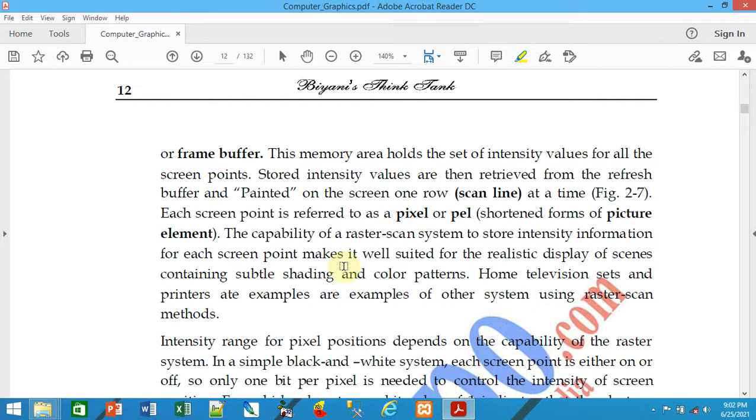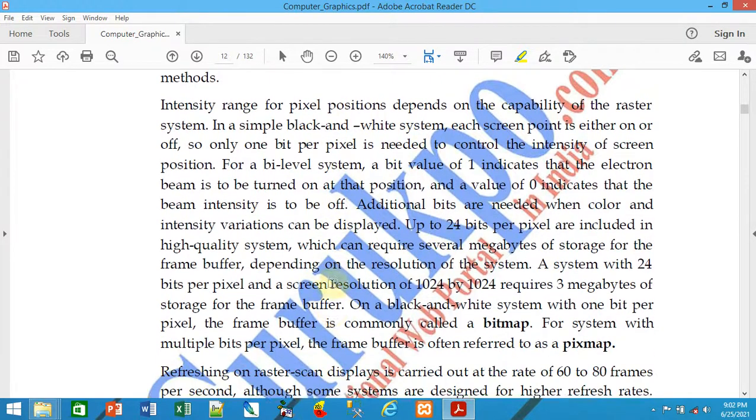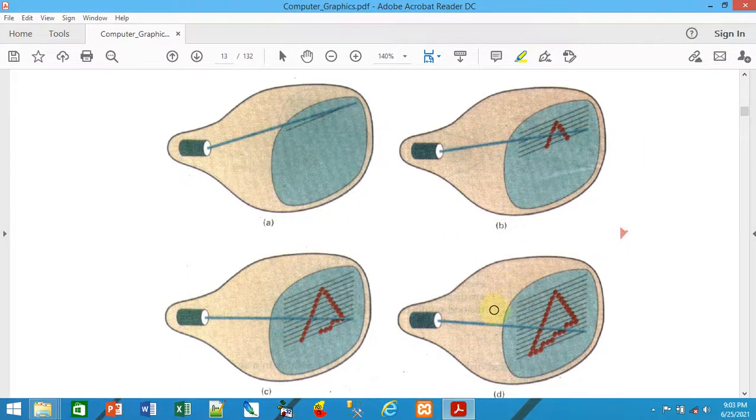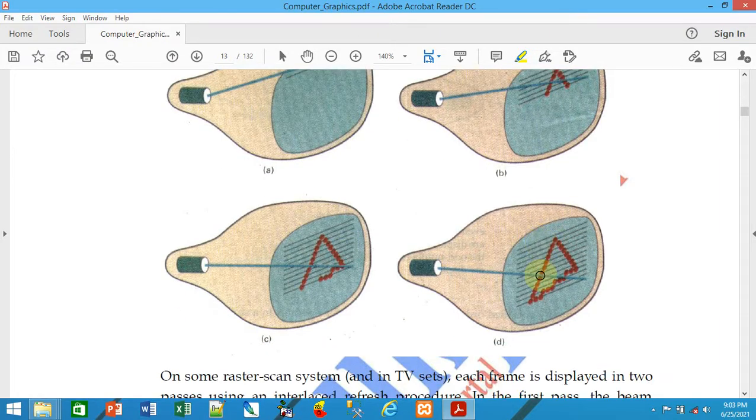Once these lines or dots have been defined, you automatically get a realistic display. Realistic in the sense that if you draw an A, it is exactly an A; if you draw a circle, alphabets or symbols, exactly the intended shape is drawn. Here you can see the A, the B and the C pictures, and how the beam intensity has been defined.